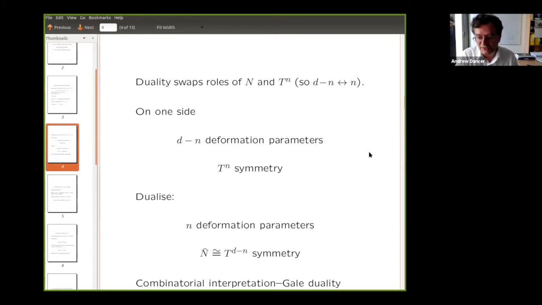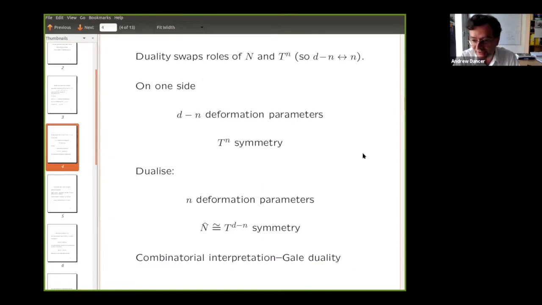We started off, as I say, encoding the subtorus in terms of the collection of d vectors in Rn. When we dualize, of course, we're getting d vectors in R^(d minus n), and very nicely, this turns out to be a classical duality in combinatorial convex geometry that's called Gale duality, and I guess that's even a duality in linear programming. Essentially, the d minus n dimensional space is the set of dependency relations for u1 through ud. That's where the d minus n dimensional space comes in.